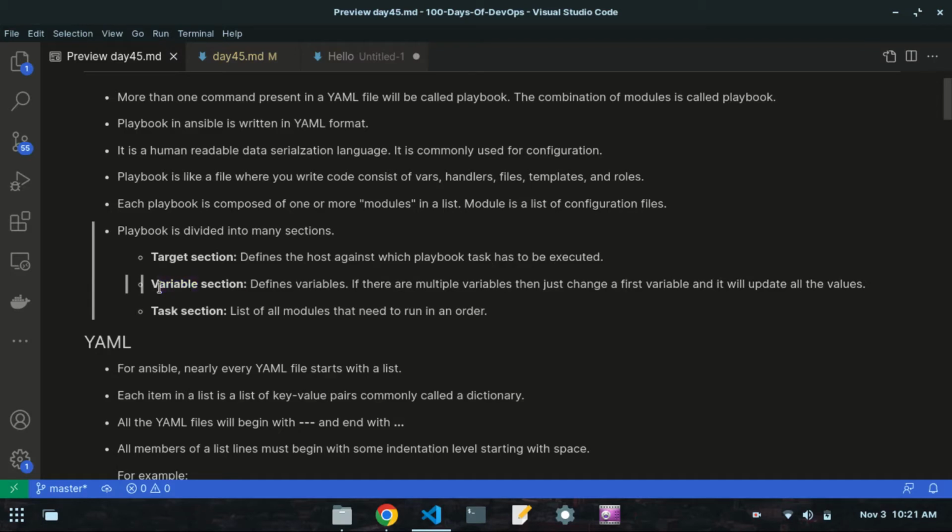Now let's take a look at the variable section. The variable section will define the variables. A variable will save a particular kind of value, and if that variable is called, then we will access that value. So the variable will contain some kind of value. If there are multiple variables, you can just write the variable in a list of files in a file. And after that, when you change the value of the variable, then all the places using the variable will be changed according